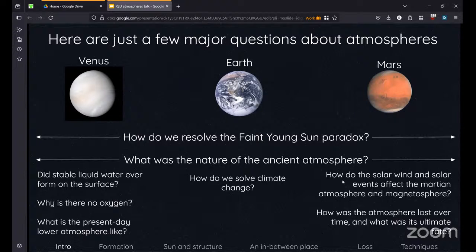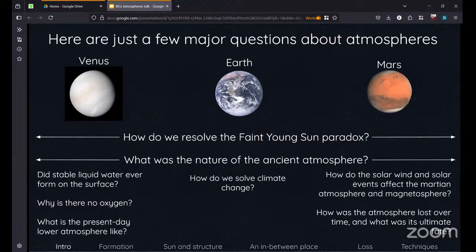And sort of relatedly, we don't understand what the ancient atmospheres on these planets were like really at all. We have like some idea of Earth because we live on it. But as far as Venus and Mars go, it's pretty much all down to, not all, but a lot of it is modeling, and it's very hard to constrain this problem. So we really don't know what was going on in ancient times to support the liquid water or whether there was life there, so on and so forth.